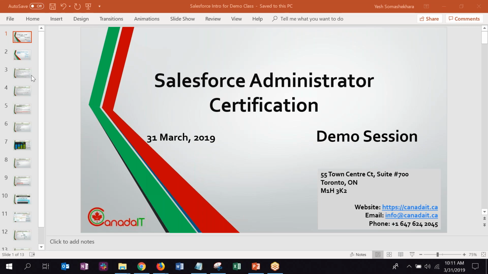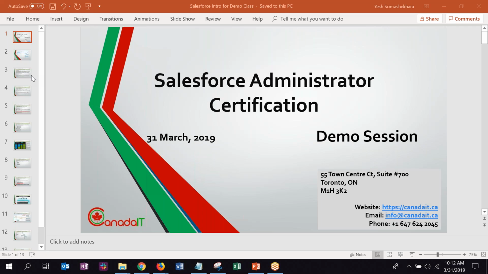Okay, so let me introduce myself first and then we'll go into the demo session. So as Praveen said, I've been working on Salesforce for a lot of years. I've been in the IT industry for more than 15 years. Out of that, almost 10 years of it has been in Salesforce. I have managed implementation of Salesforce for various financial institutions and even institutions in other sectors. And apart from that, I'm now working as an implementation consultant for a fintech, which is based on the Salesforce platform.